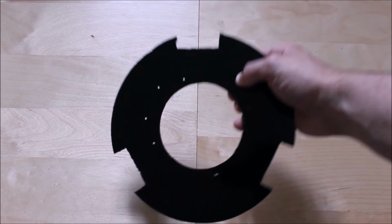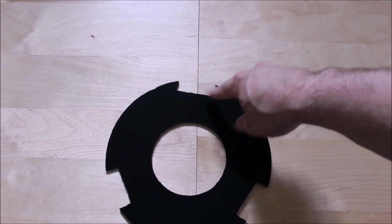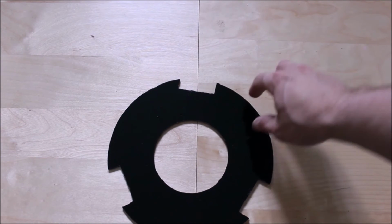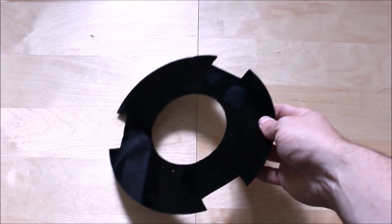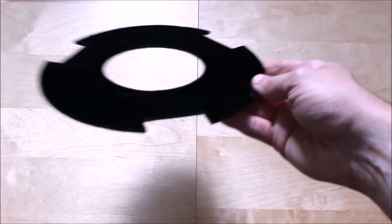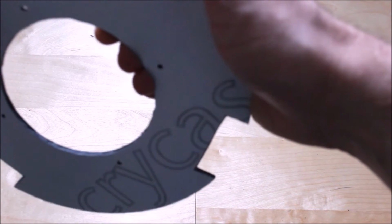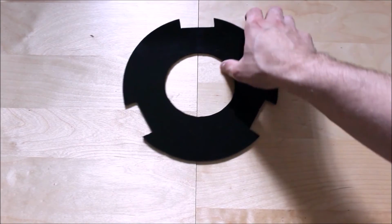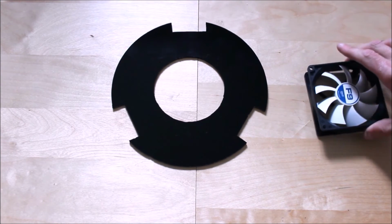Now, as you can see here, I've got rough edges there, so what I'm going to do is file these down before I start adding more stuff onto them, so they're not quite straight. So I'm going to file them down using a file. So I filed them down, and it's looking all nice and sweet. So basically I'm going to peel off the rest of the packaging. That's our basic plate we're going to put in, and now, because we've got the holes already drilled, we're going to place the